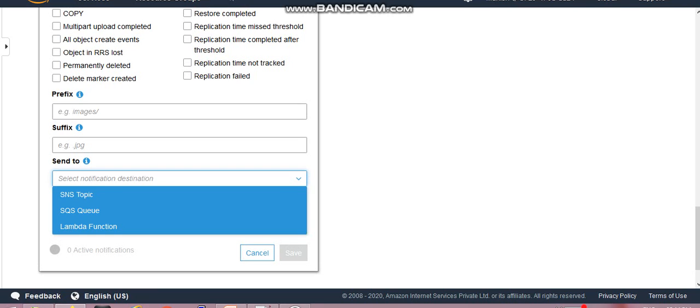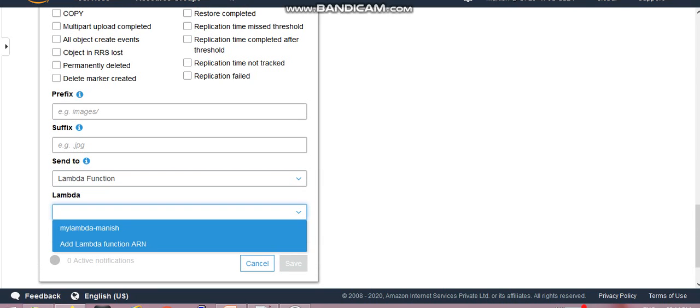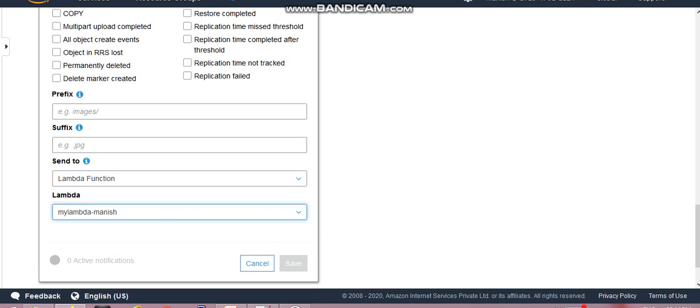In send to you have to select lambda function and the name of the lambda function you created. So I'm selecting this lambda function here. But before that, we created the lambda function without adding our code, so first we will see that part.